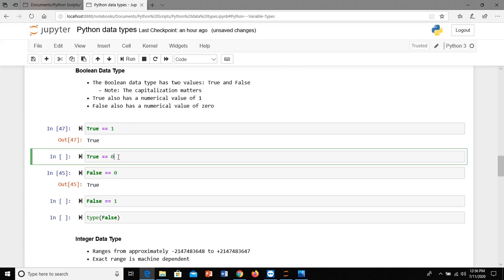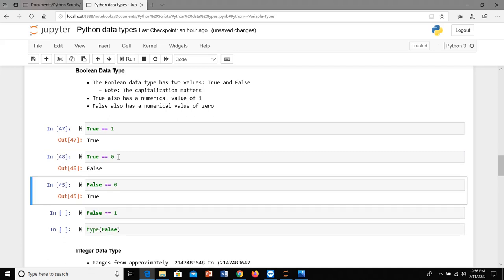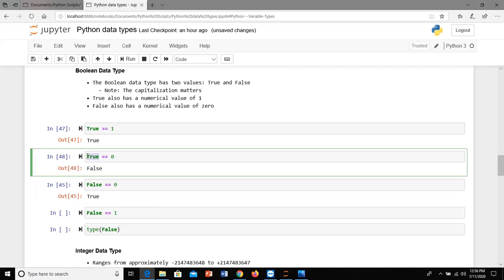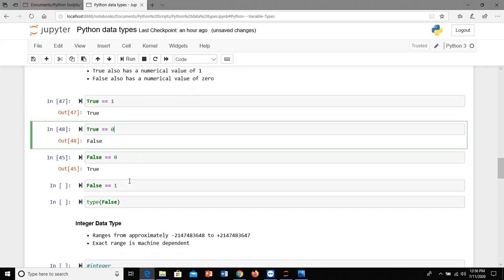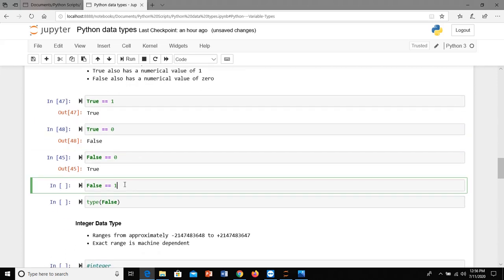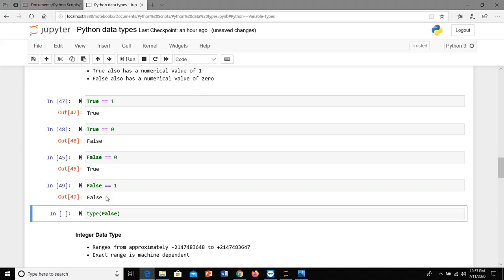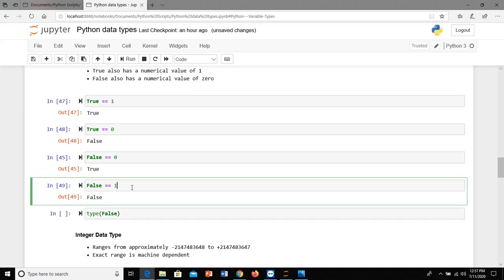Then it gives us false because true is not assigned a value of 0, but true is assigned a value of 1. Like that, if we check false is equal to 1, then it will say false because false is assigned a value of 0, not 1. Okay,